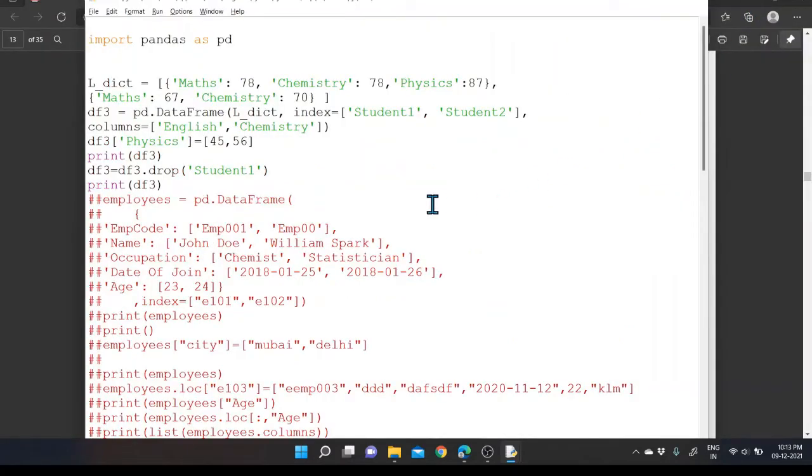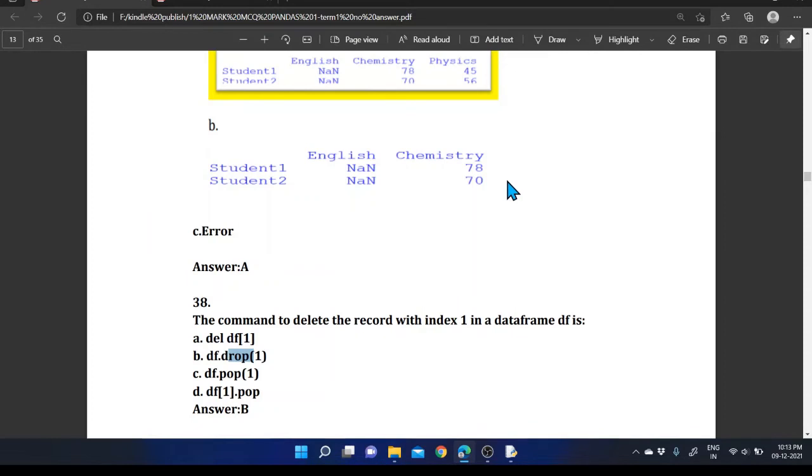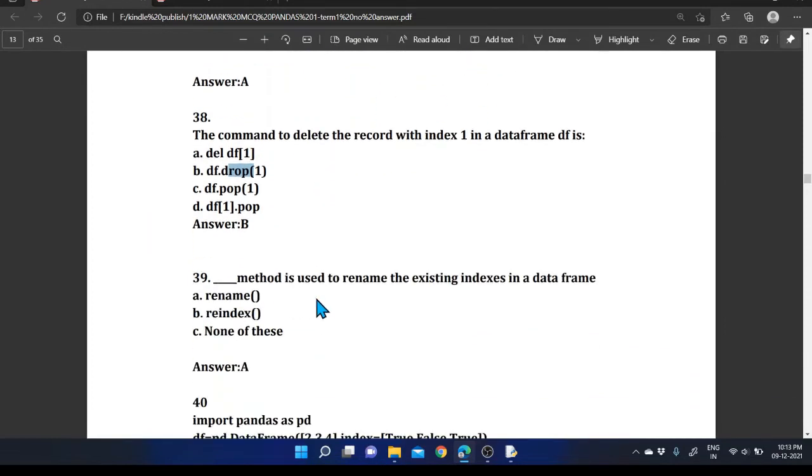So when you are using the drop function, remember one thing: if the user already provided an index, use the labeled index instead of the positional index. Otherwise, we can use the positional index.